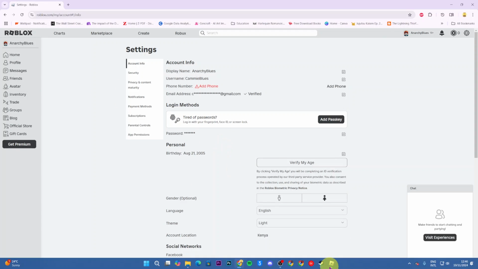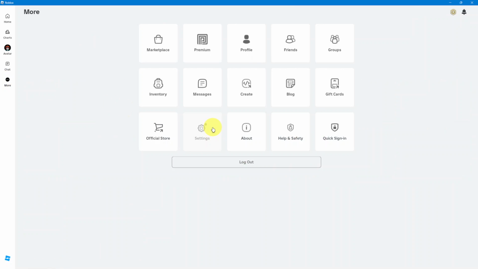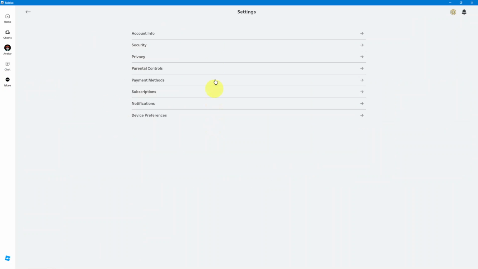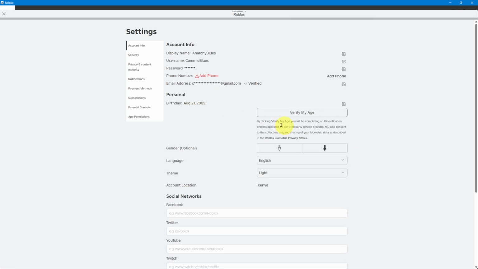If you've chosen to use the app, then it's slightly different. So the first step is to launch the app and ensure that you're logged in. From here, you want to click on More and then select Settings. Under Settings, you want to ensure that you're in your account info page. So from here, once you've ensured that you're in your account info page, you then want to scroll down until